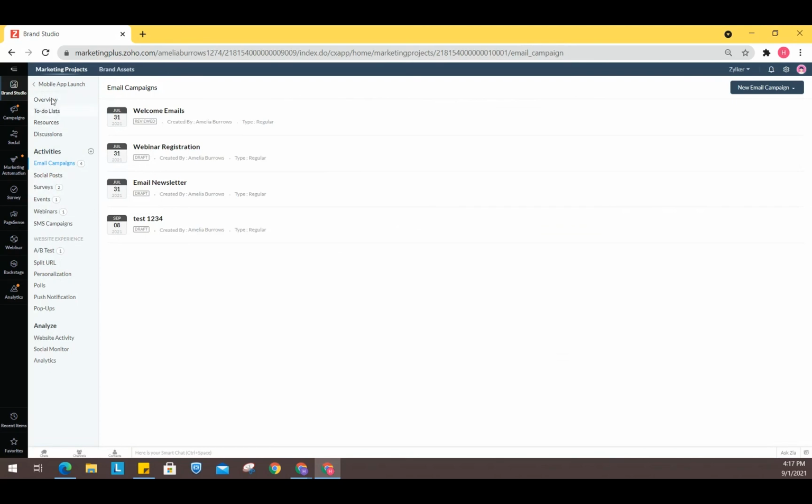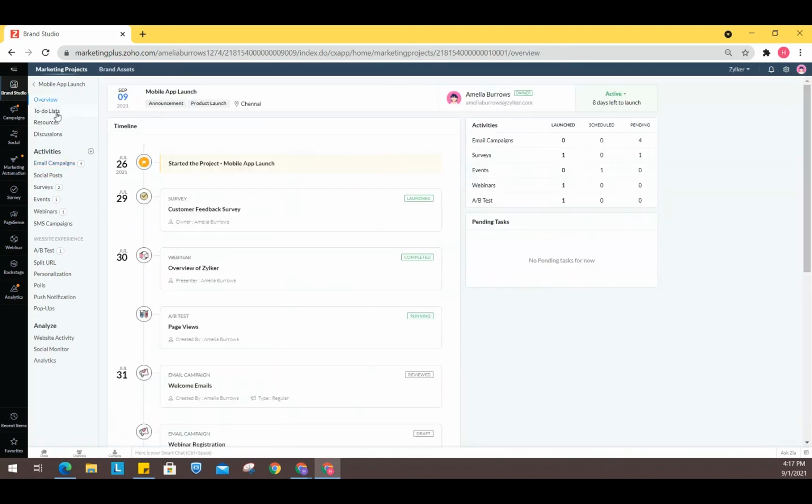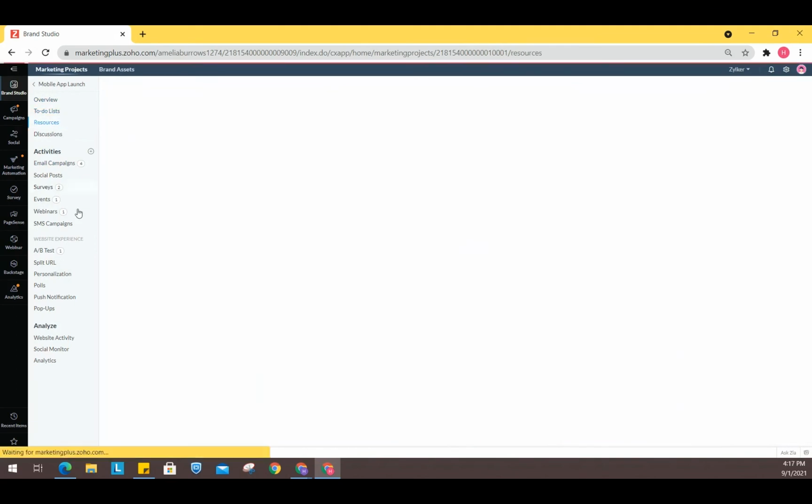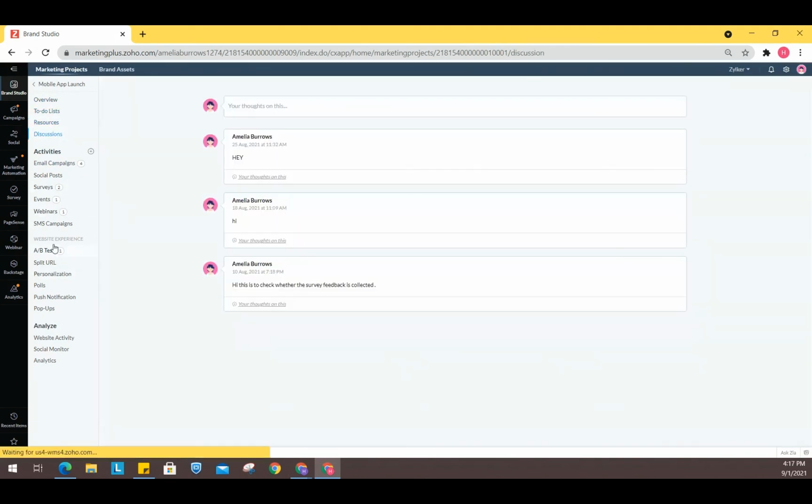You can see the overview, the to-do list, resources. All these options would be here again. And you can also set up the website experience and analyze it as well. And we also have brand assets in here, and all the resources that are required for the brands and to manage your projects in your organization will be managed under brand assets.